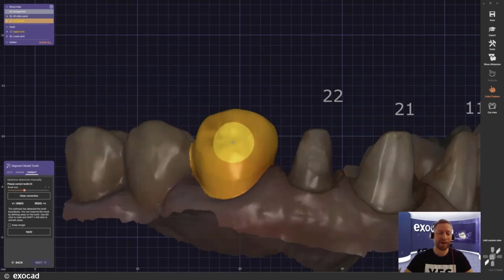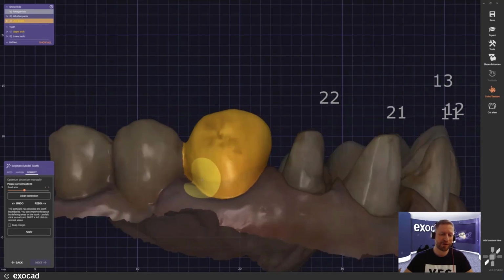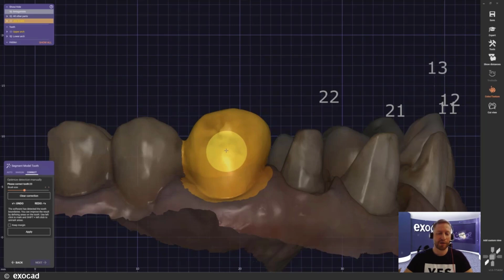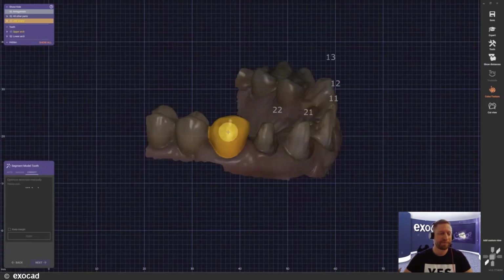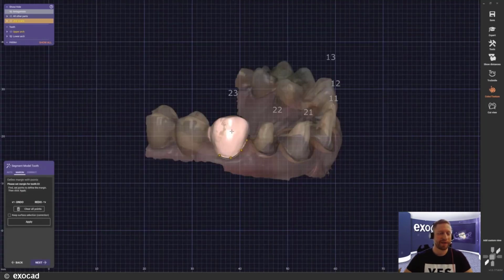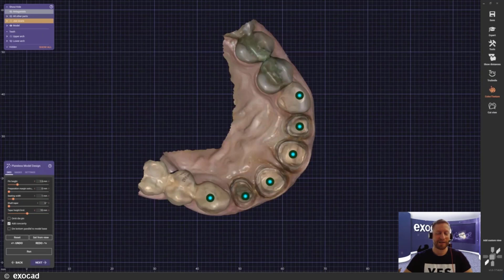And now I have the possibility to go and just literally paint on the model and determine my margin line for this cutout die individually, just as I want to. I was fine with the original, so I will just go and apply that here. Here we go, it's being segmented again. And we can just confirm that and get to the next step.